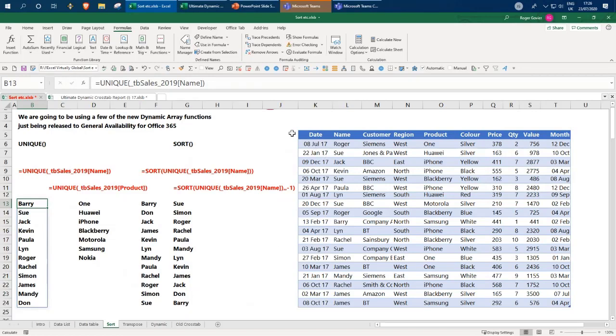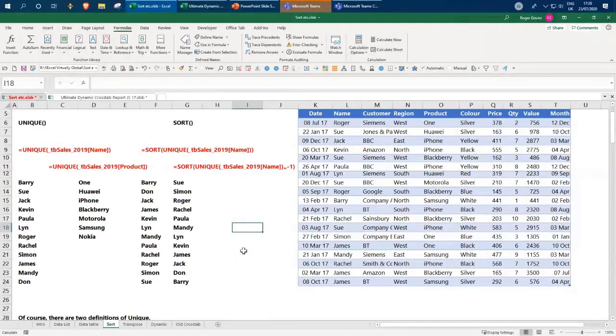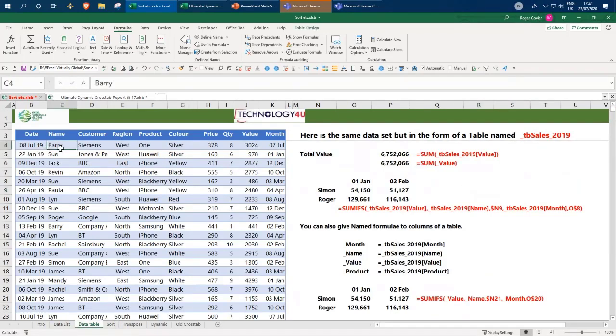I've copied a little section of the data across here just to remind you what the data set looks like. And I've called this one TB short because it's only a short amount of data. But what I'll just show you before we leave that one, just to show you that everything here is dynamic. If I went to my data table here and I replaced Barry with Zach, and I replaced Sue with Alan,